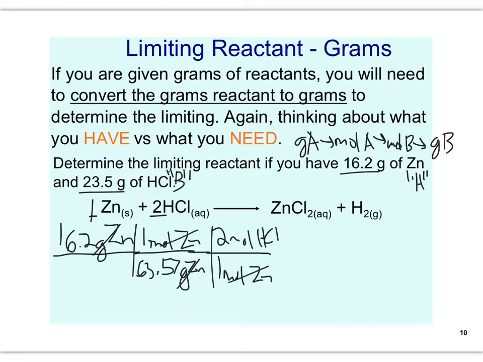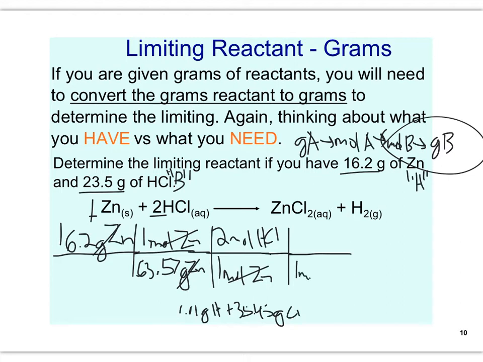Moles of zinc are going to cancel out, and now I'm at this step where I'm converting my moles of B to grams of B. And to do that, I'm going to take that 1.01 grams for hydrogen plus the 35.45 grams for chlorine, and we would find that 1 mole of hydrochloric acid is equal to 36.46 grams. Moles of hydrochloric acid are going to cancel out, and then you plug this into a calculator,